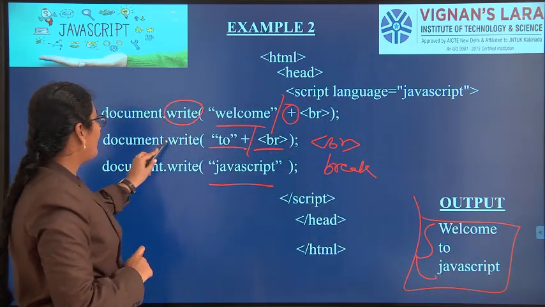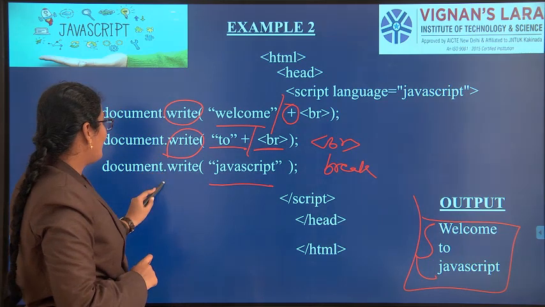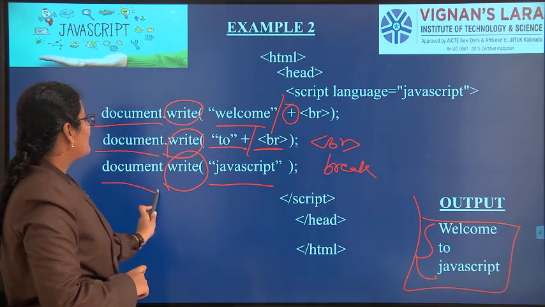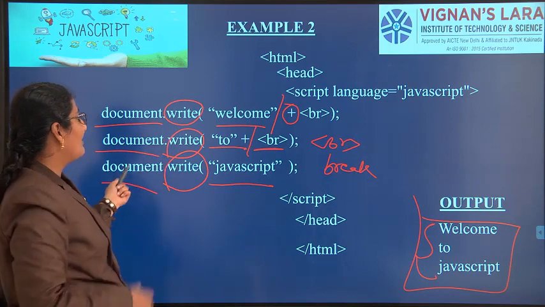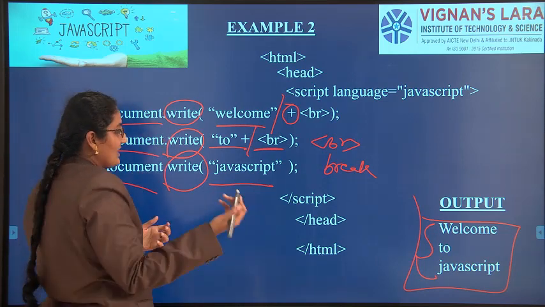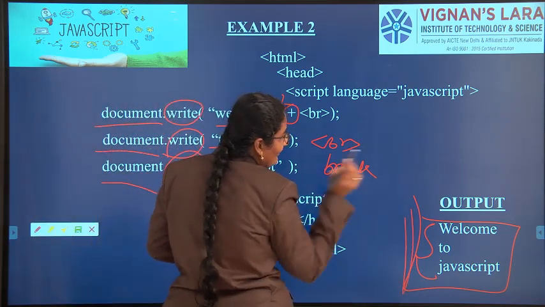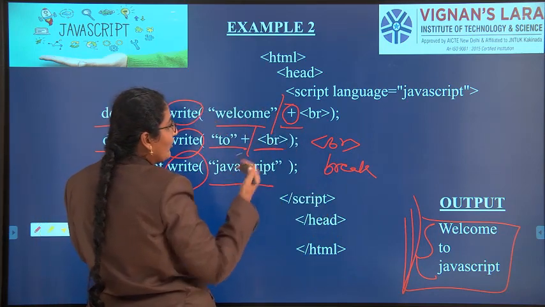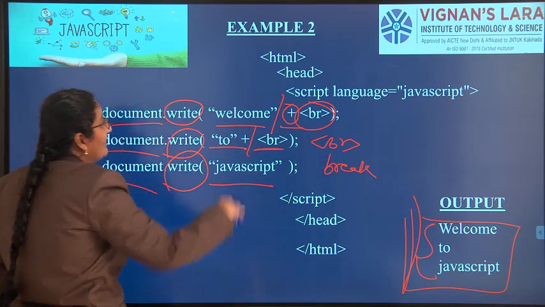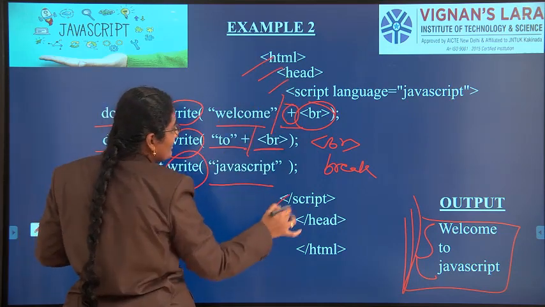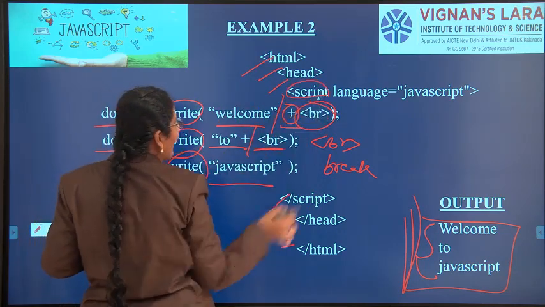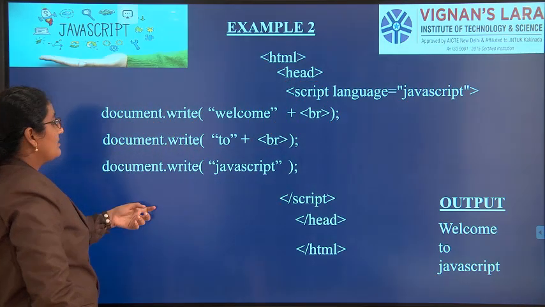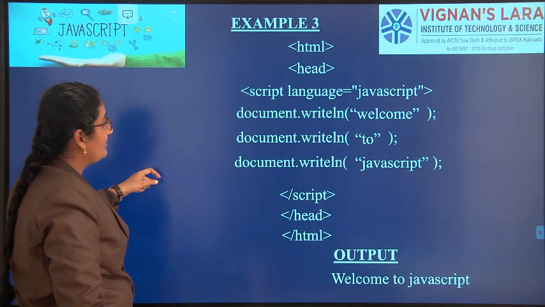So till now we are talking about only the write method. Always we are using the write method with the object document. While we are using the write method with the object document, we don't have a chance of getting output like this. For that we are using the append symbol. And I want a break also, for that I am using break. Rest of the things, everything is the same. Whenever you open a script tag, you should close the script tag. So see the next example, you will understand.